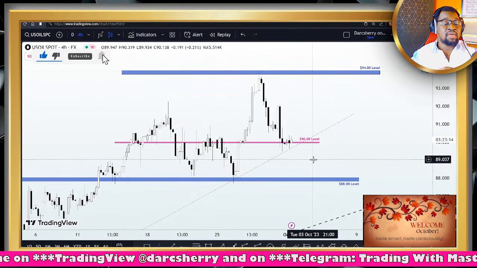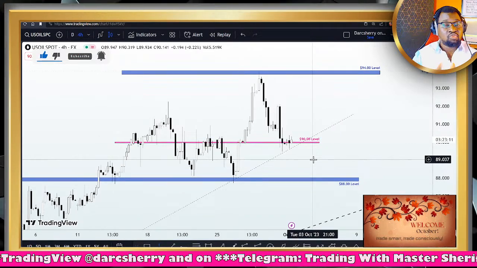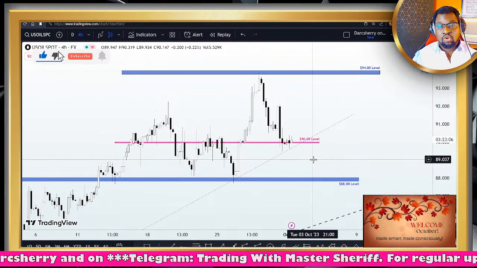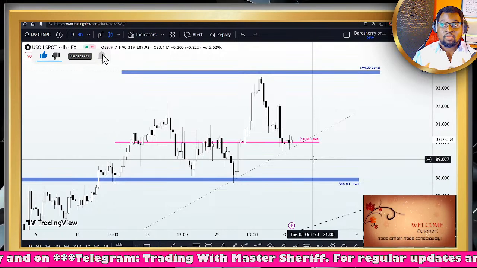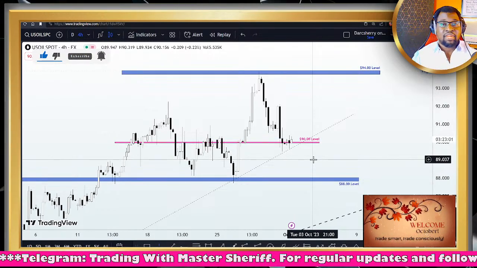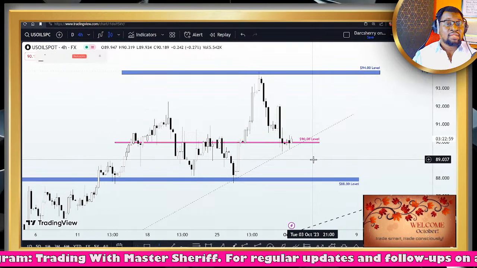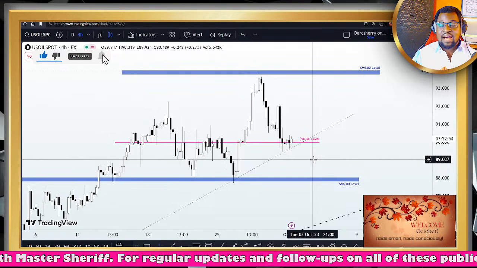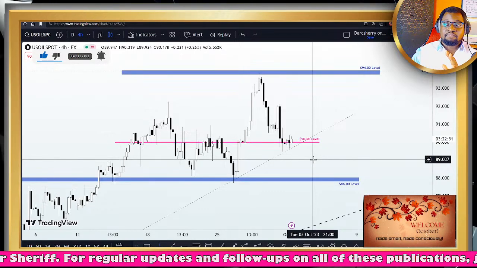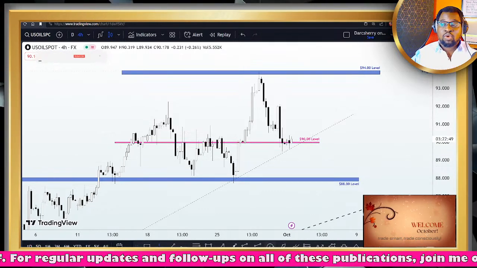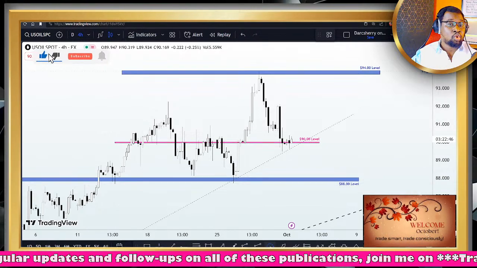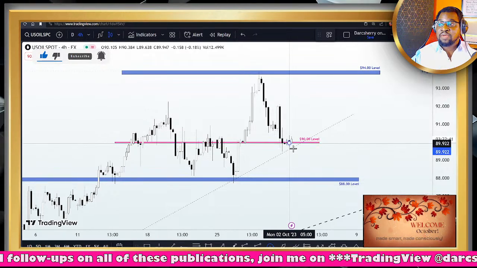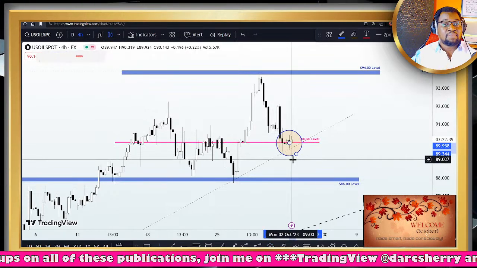And what this simply means here is that if price remains above that key level at the $90 mark, we shall continue to look out for patterns and structures that support the idea of buying. But if price breaks down that key level, then we want to be looking out for patterns that will support the idea of selling this asset. Now, to further understand what is going on here, we will be scaling down into the lower time frame so that we can see how participants in this market have been reacting to this level since the beginning of this